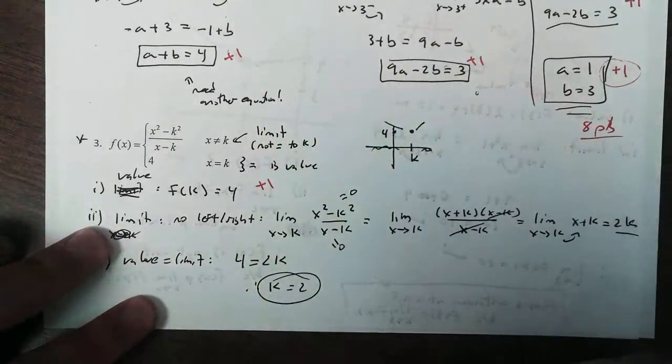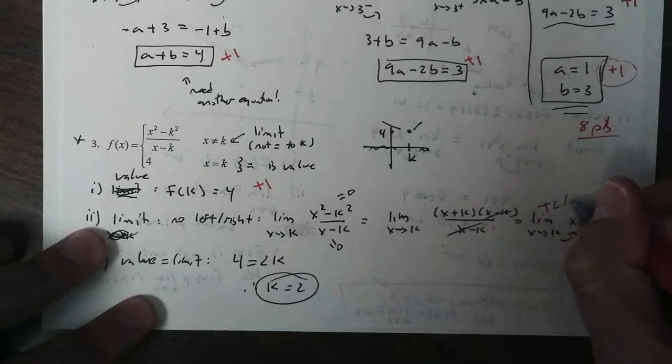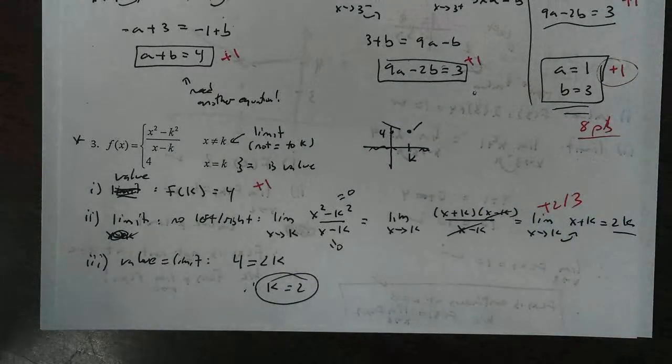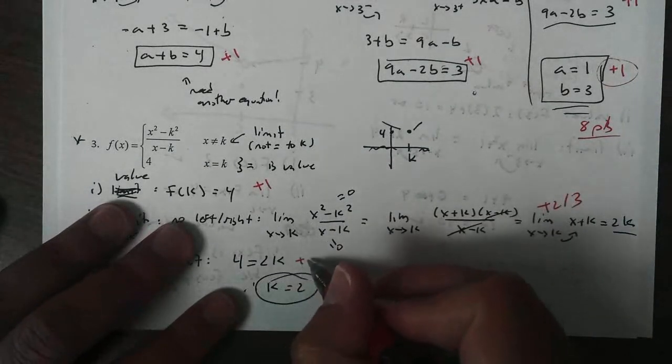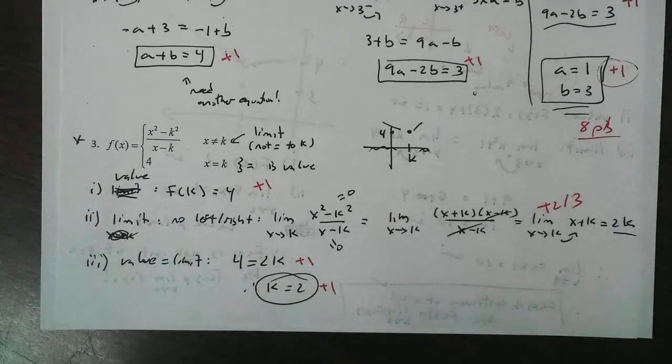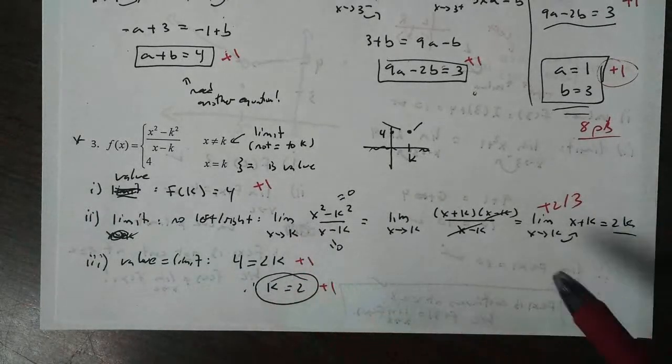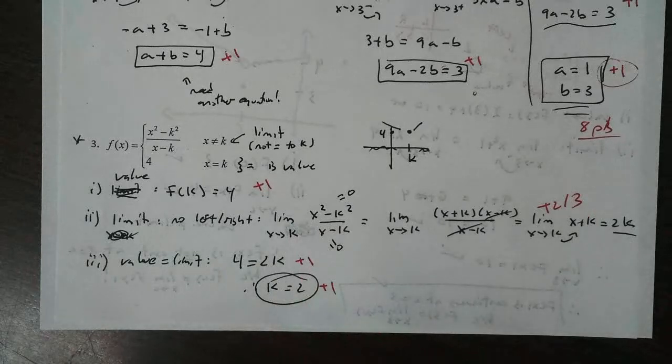How many points would this be worth? 1 point for the value. You probably get 2 to 3 points for taking the limit, depending on how hard it is. 1 point for your equation, 1 point for your answer. Look at that, 1, 2, 3, 4, 5, maybe 6 points right here. The point is,